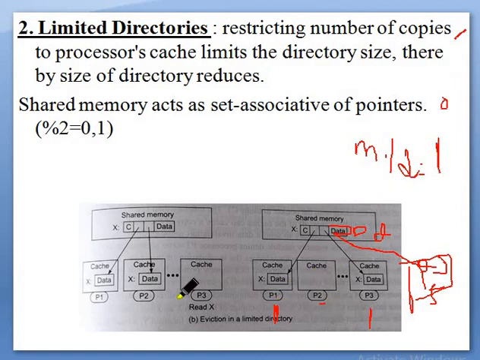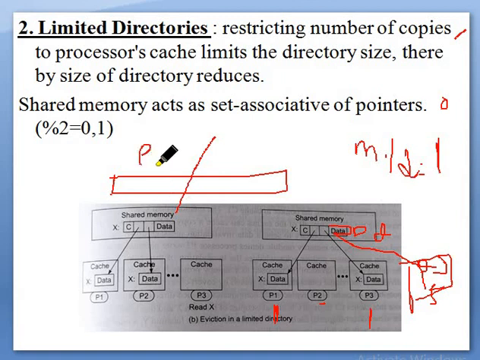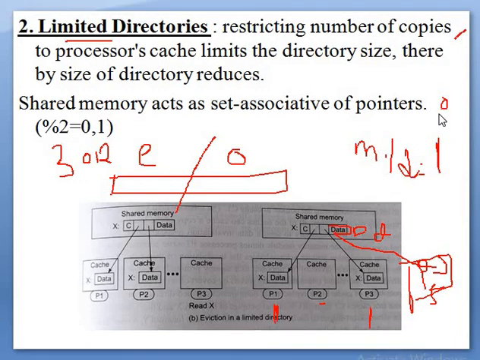So at a time, earlier it was of very high length, now it has been reduced to half, because of the even or odd method. Hence this is called limited directories. Not all processors get communication at a time, based on modulus 2 or 3. If you change it to 3, you will have options 0, 1, 2: all zeros, all ones, or all twos. Like that we get the connections established.